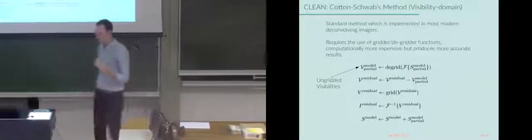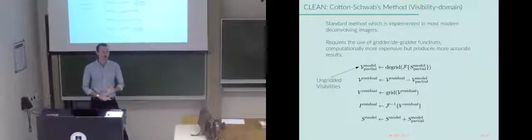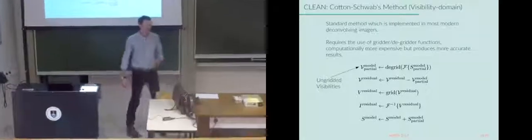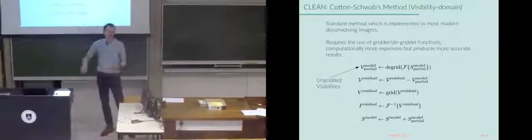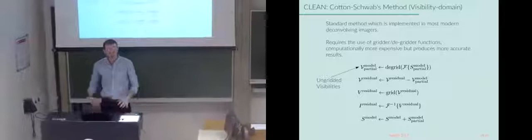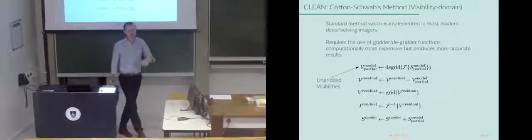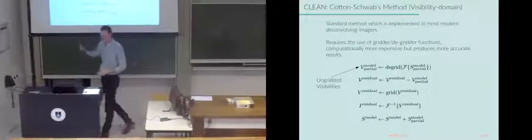Remember last week I said gridding and degridding are always the most expensive things to do in radio interferometry. So if you can afford to do it, you want to do the Cotton-Schwab method versus the other ones. I've been saying this stuff, if you can afford to do it. With modern computers, every computer you guys use and work on, it's fine to do Cotton-Schwab. That's the one you should do.